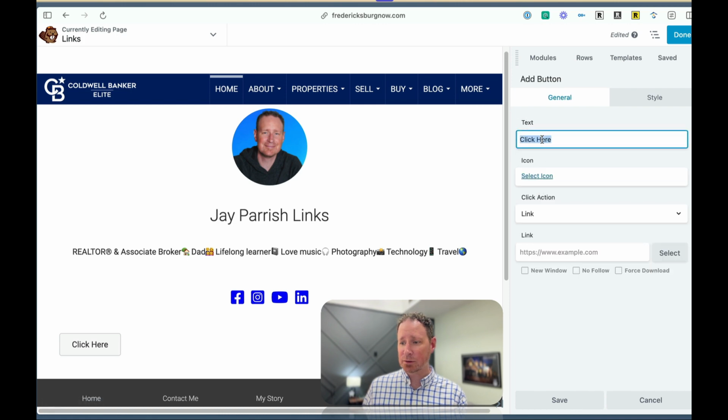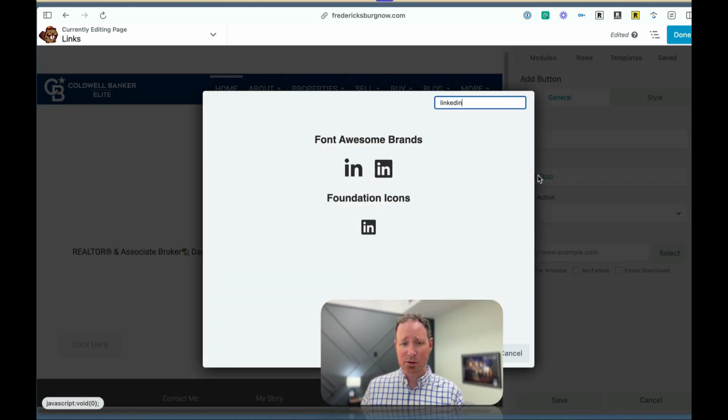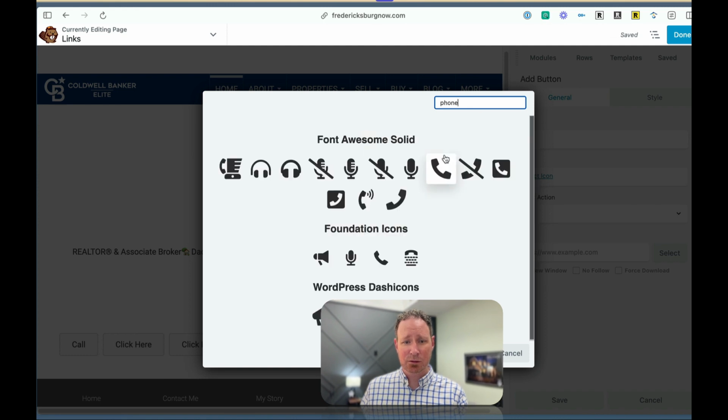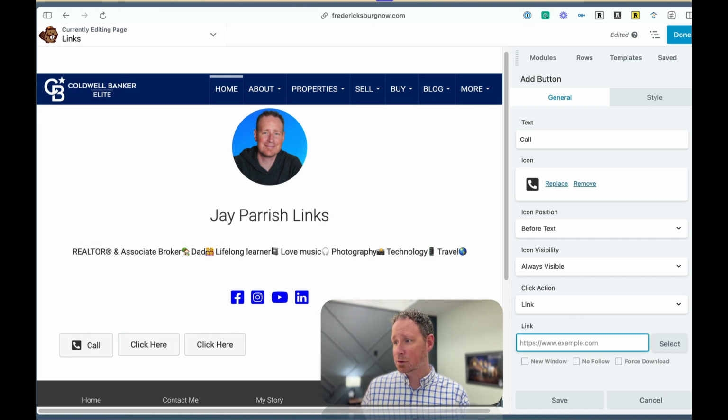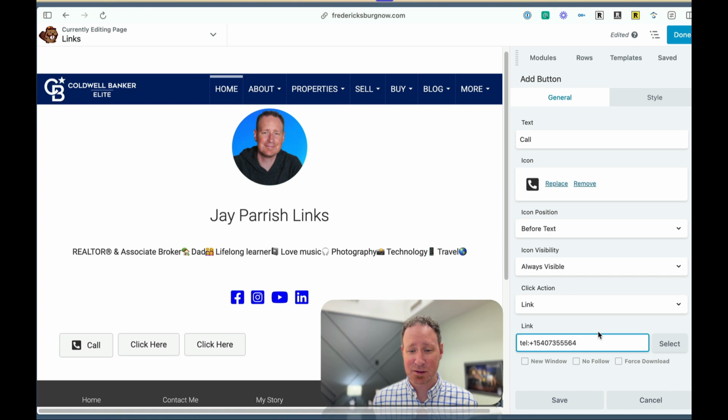So this first button is going to be called call, and I'm going to select an icon, type in phone, go with an old school phone here. And now the link, so this one's important. I will show you what this one is here. So for this one, it's pretty cool. When they click this button, it's going to automatically on their phone bring up the call feature with your phone number already in it. So what you're going to type in is